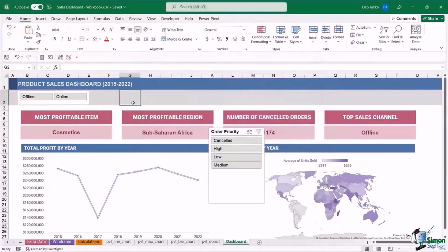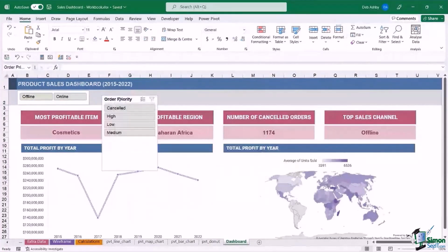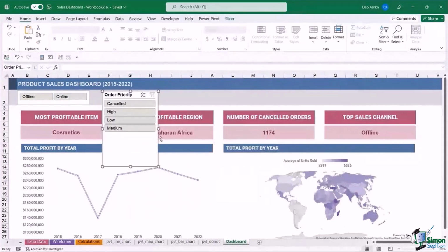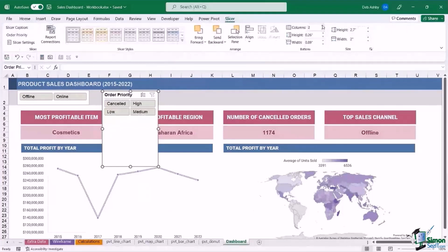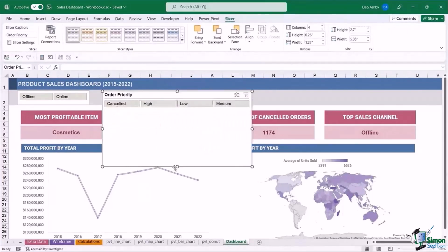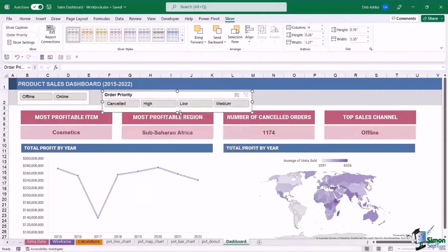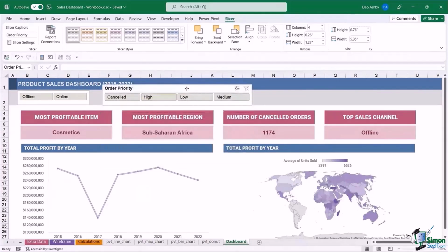And then you can make these look as if they're part of that grey background and click on them to filter the different charts below. So these act, as I said, as a little filter, which just lets you see your charts displayed in different ways. And I would do the same with this one. If we go to slicer, I would display this on one row. So I want to increase those columns. I would drag this across, and I would have these sitting at the top here, which just serve as a